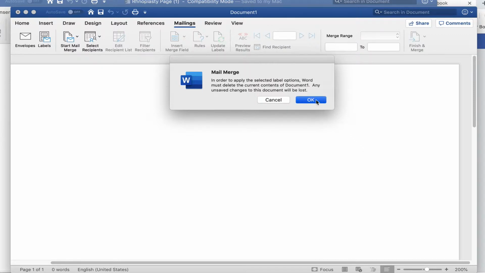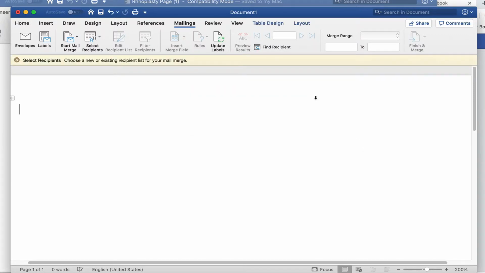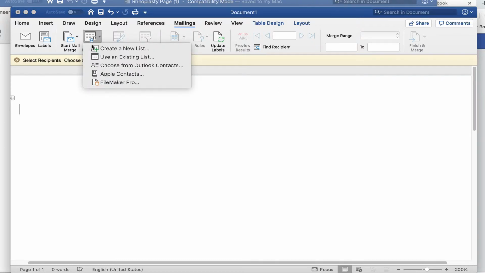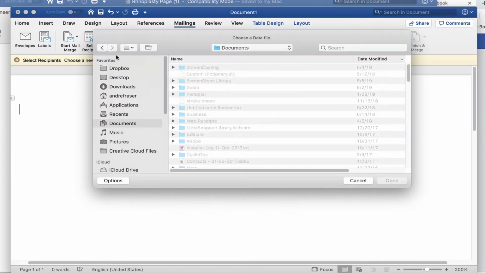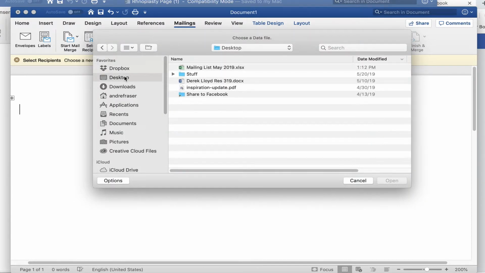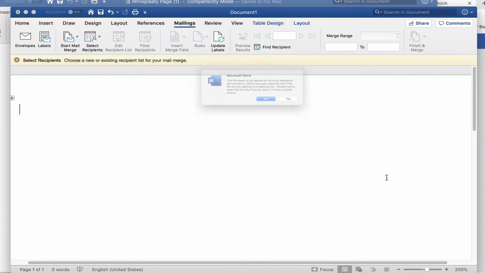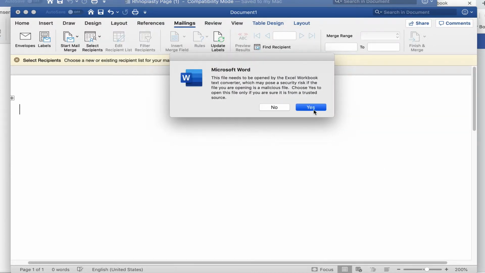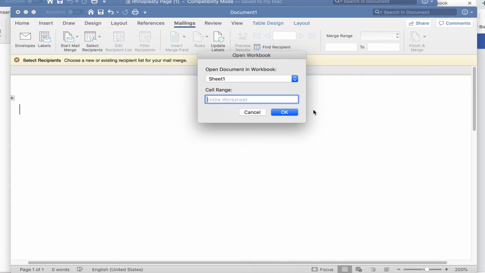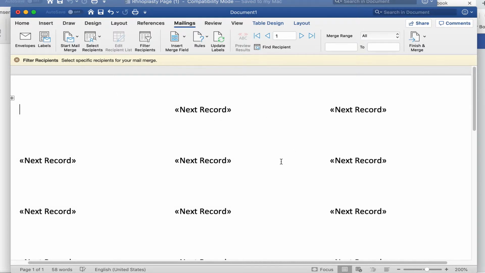Delete a document. We're just using a blank document in the first place. And now we select recipients and we're using existing mailing lists. In this case, I have a mailing list on my desktop computer. Hit that, hit yes. Entire spreadsheet, sheet 1, so only one sheet in there. Hit OK. And now it creates this